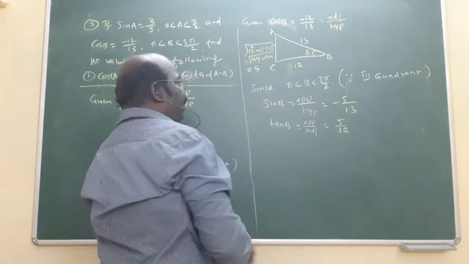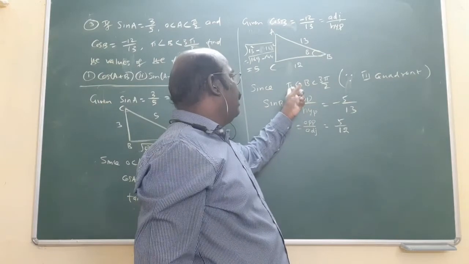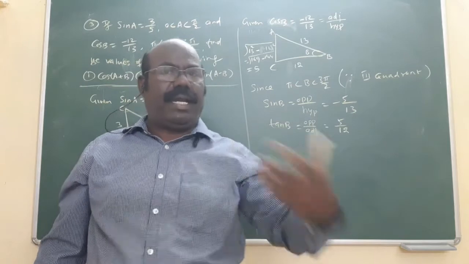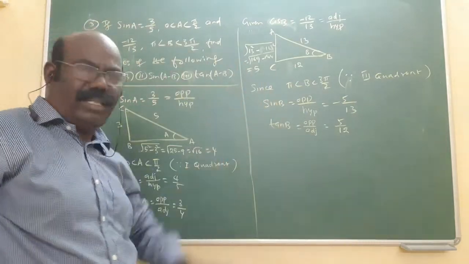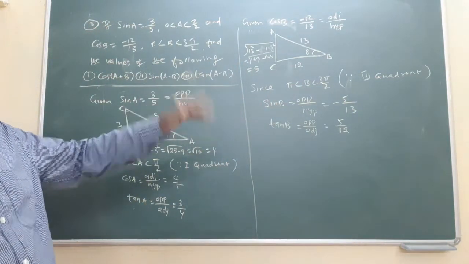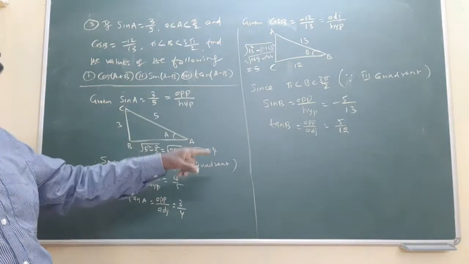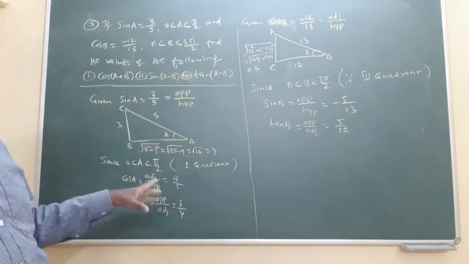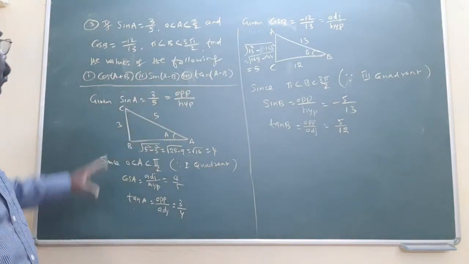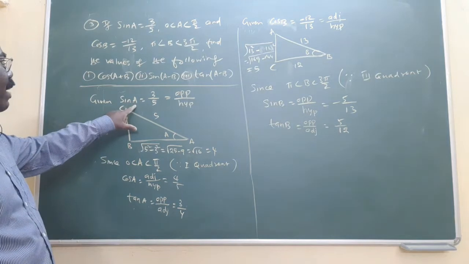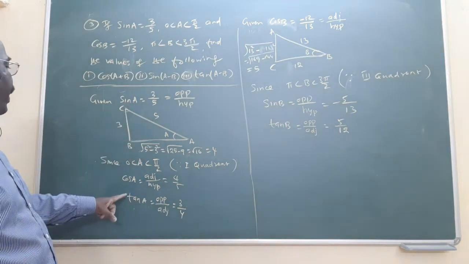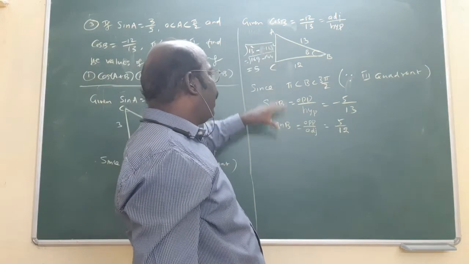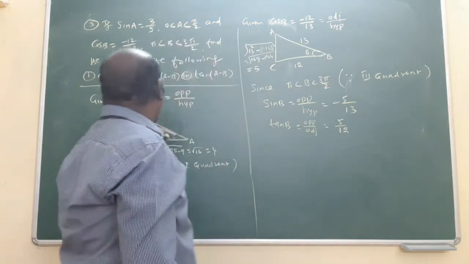After simplification, the given condition is angle 180 to 270, third quadrant, tan only positive, the remaining quadrant negative. By using that idea, put the negative sign. That's all. You put the number 5 by 13, put negative. But the tan is what? 5 by 12, only positive. What is the reason? Depending upon the given condition, you may use negative or positive. Now from the given data, sin A given, by this idea you will find the value of cos A and tan A. Cos B given, from this idea you will find the value of sin B, cos B and tan B. Now only write the formula.